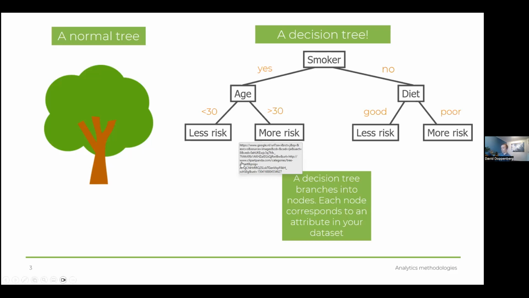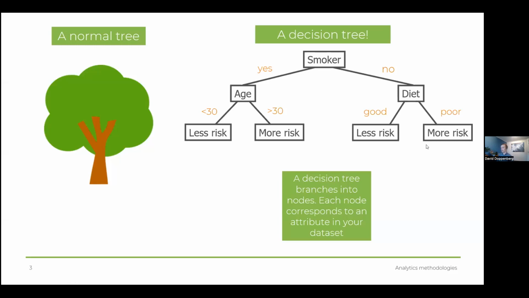To ask different questions. In the case of whether someone has a high risk of having lung cancer, the first thing you probably ask yourself is, does he or she smoke? And then, of course, the next one would be, okay, if a smoker, then the longer you are smoking, and that correlates with being older, the more risk you have. So these decisions